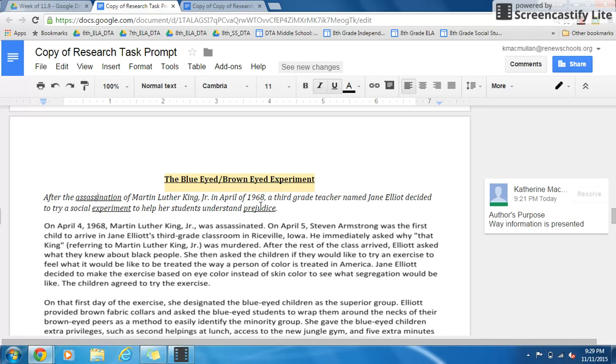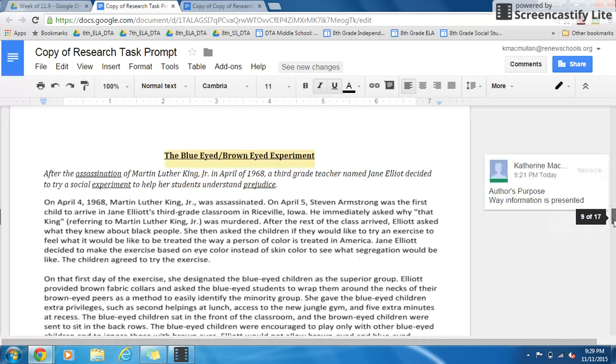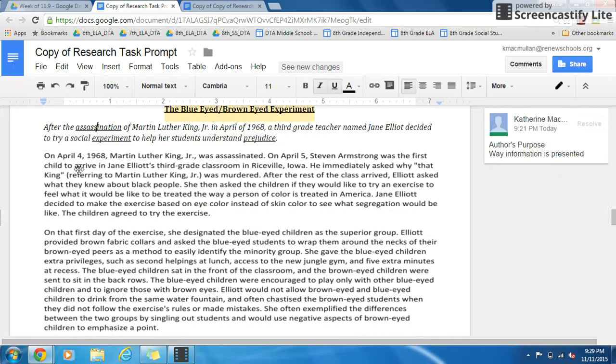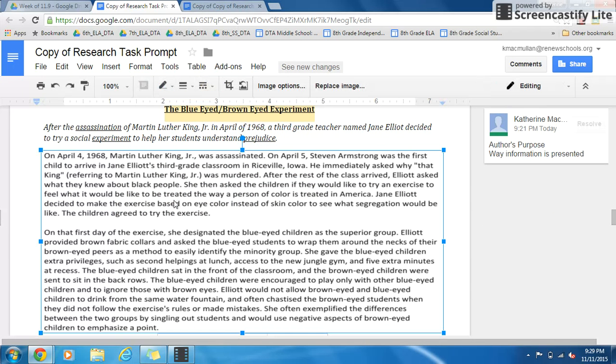So we don't have an author here. However, we are talking about a third grade teacher named Jane Elliott doing an experiment. So the way that our author is setting us up, or the way information is being presented, is through the experiment of this woman, Jane Elliott. I'm not going to be able to add comments or underline, but while I'm reading, go ahead and make those